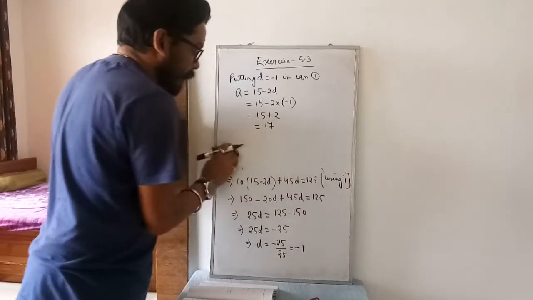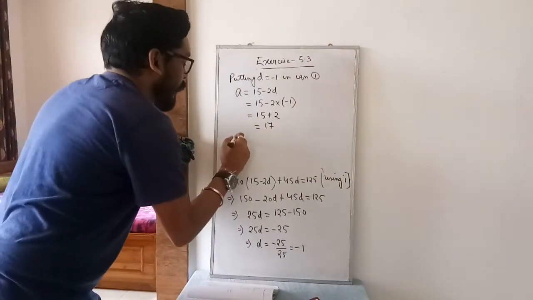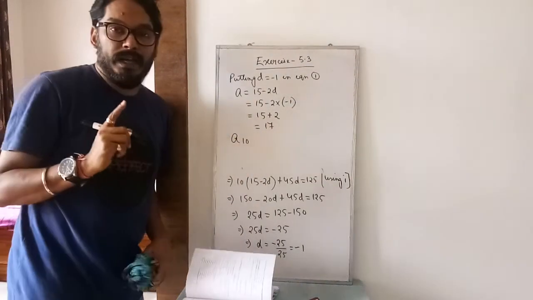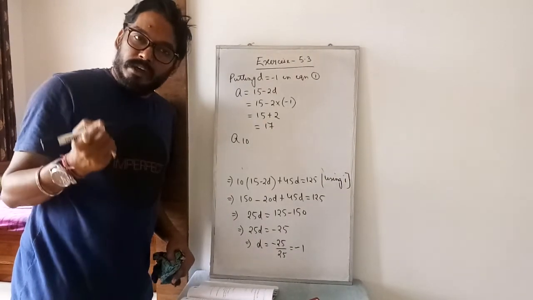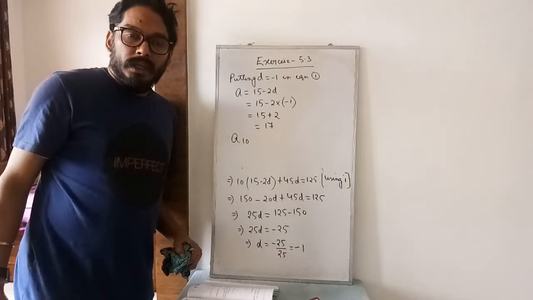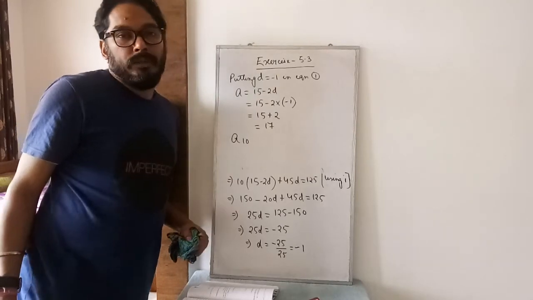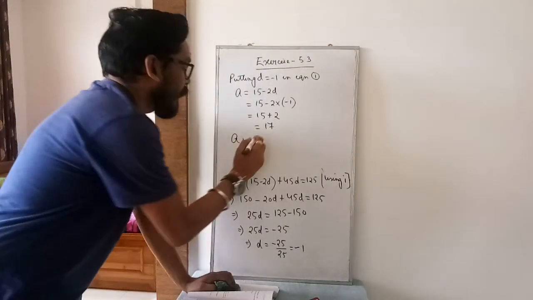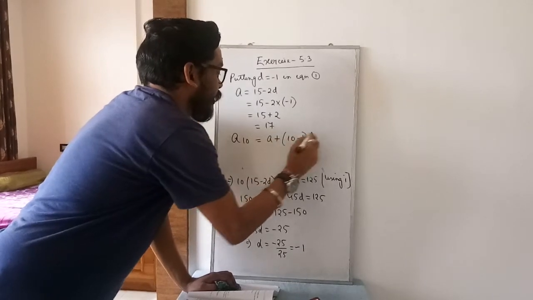So you got the A and d values. Now I will find out the value of what? A10. So An is how much? A plus (n minus 1) into d. When you do the sum, say the formula in your mind also. Okay, verbally you say the formula. That way you don't have to take much trouble to learn it by heart. So A10 is A plus (10 minus 1) into d.